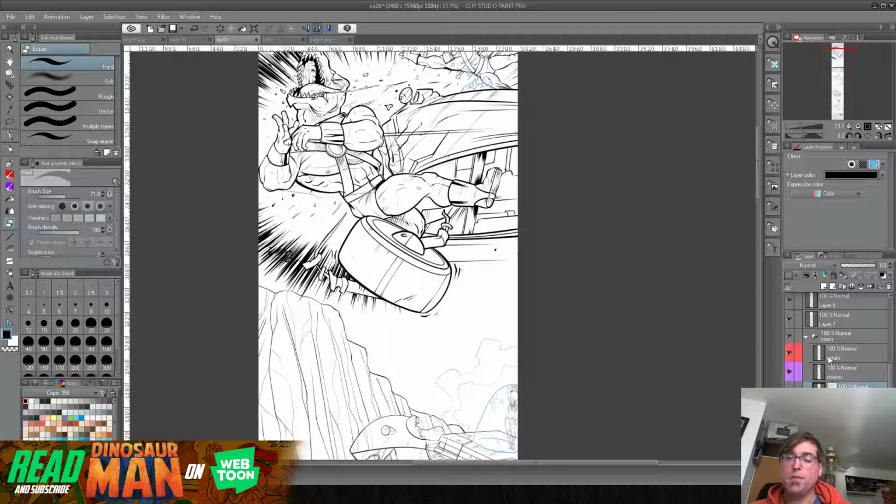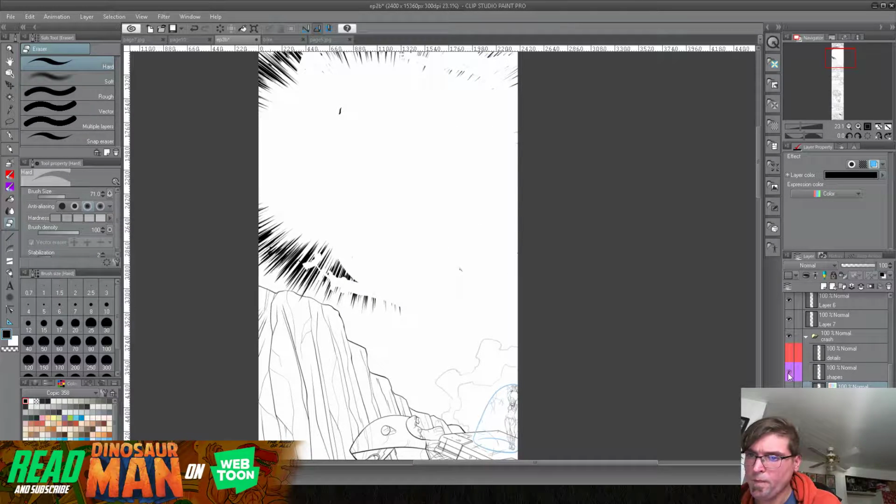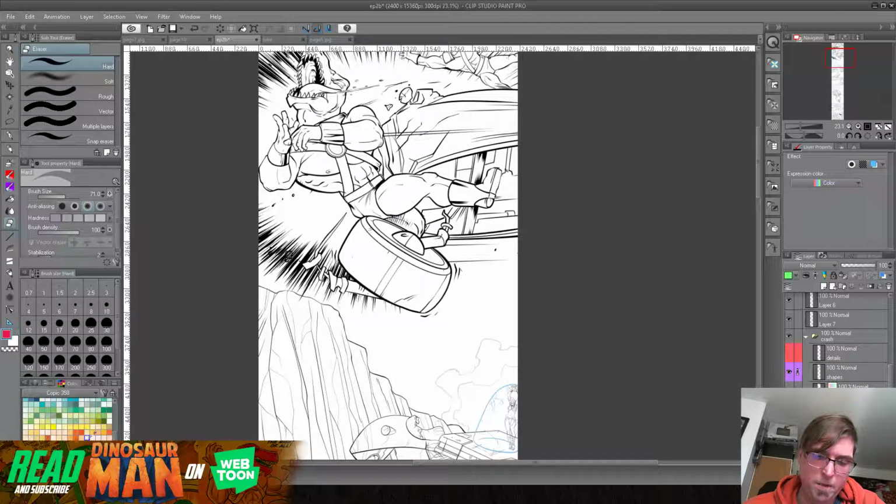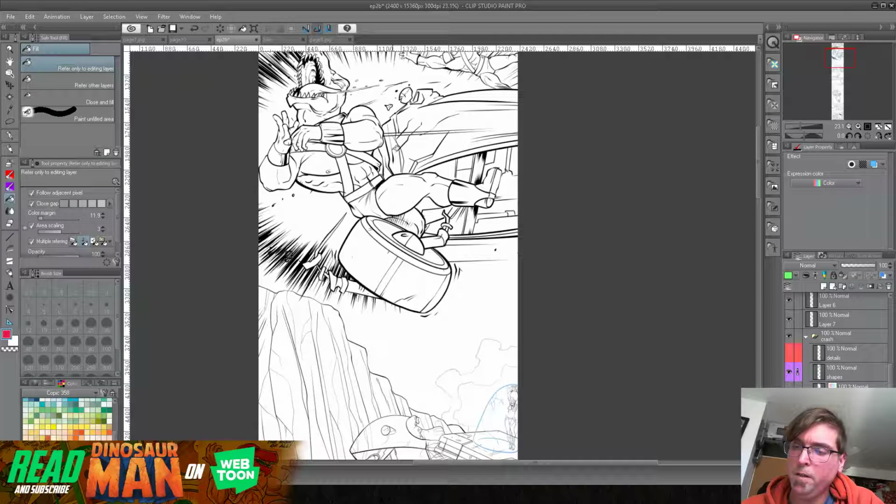So I've explained this before, I think, in the last color video, but you don't need a flatter with Clip Studio because it basically has a flatter built into it. So I'm turning off my detail layer, so I just got my clean shapes. They're not as clean as they should be. Those things are going to give me some trouble. But I'm going to click the little lighthouse here, set as reference layer, hit that, and I can come down to my color and start knocking them in. So with the fill bucket tool,